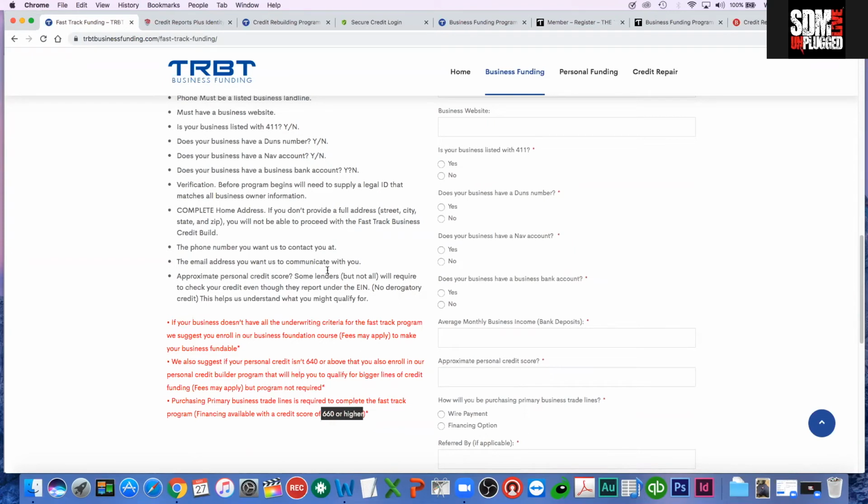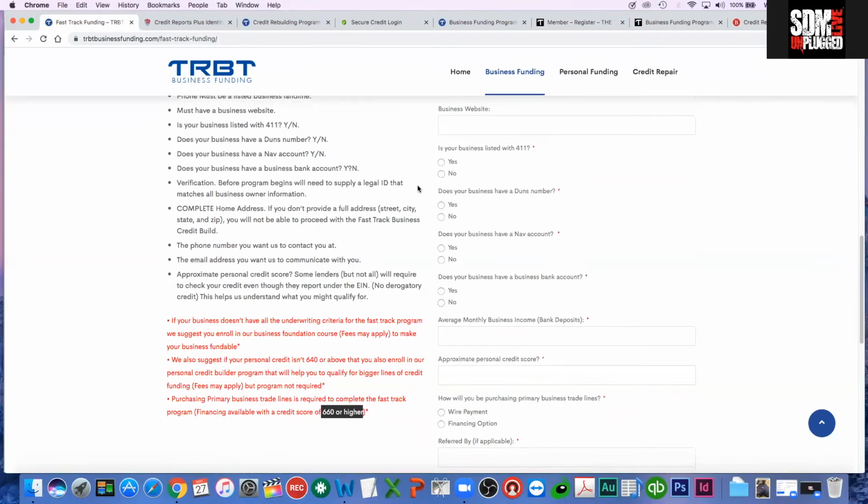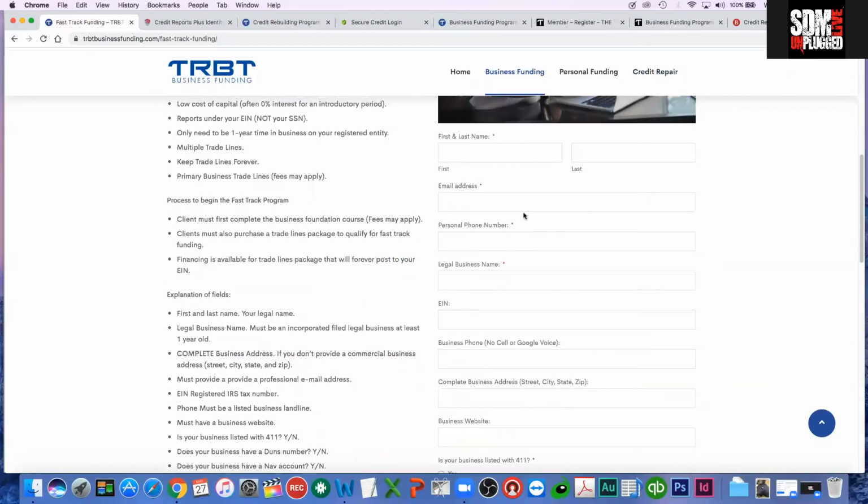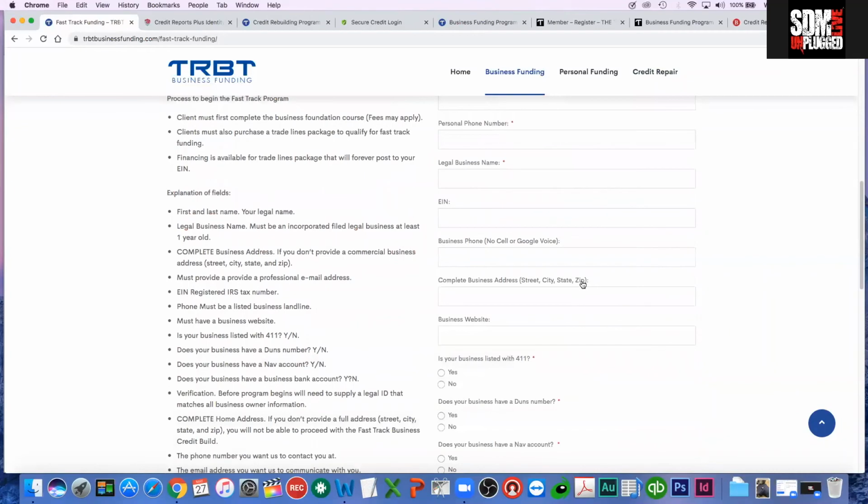So if they enroll in this program and they're not right here, but they do want to get financed, we have to get their credit up. So they have to go to the credit program first, credit repair. Okay. And now once we get all the information in from the client,